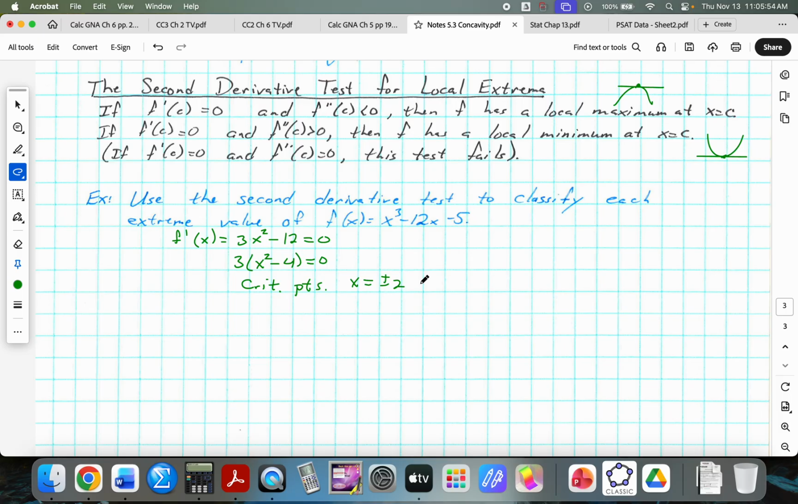Okay, so it starts off exactly like the first derivative test. But instead of doing a number line and looking to see what the signs are of the first derivative on each side of plus or minus 2, what we're going to do is take the second derivative, which is 6x, and evaluate the second derivative at all the critical points. So f double prime at -2 is -12, which is less than 0. Therefore, f has a local